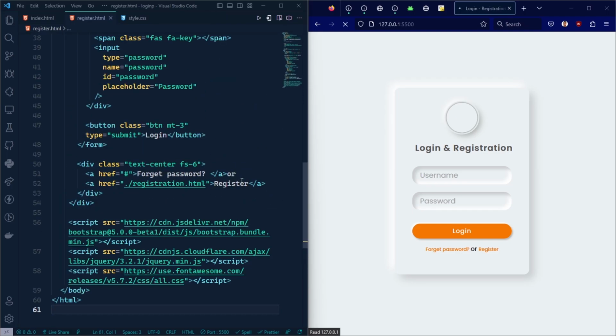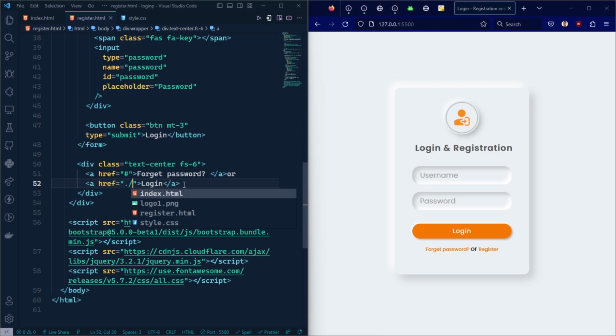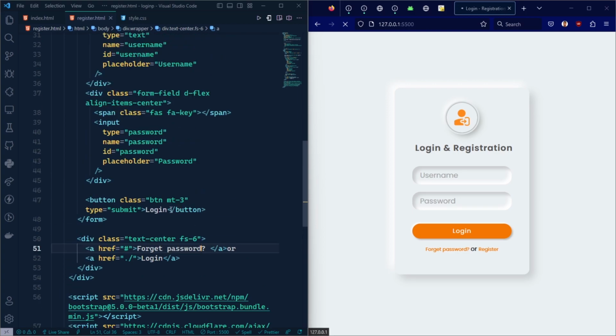So I'll say that this one rather should be login, and then let me just point to the root folder, and then it will locate the index page. So this one should now be register